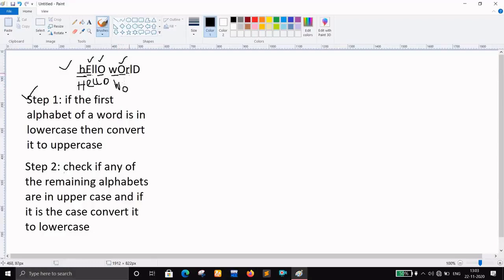The next element R is already in lowercase, so no need to change it. It will be as it is. The next element L is again in lowercase, so no need to change it. However, the next element D is in uppercase, so change it to lowercase. And we get hello world. And that's how title works. Now we will do the same thing using